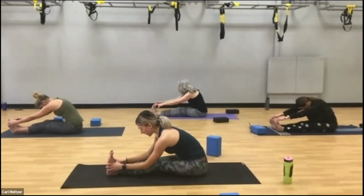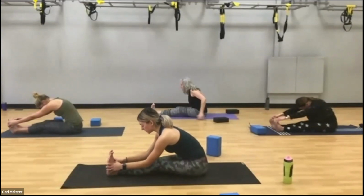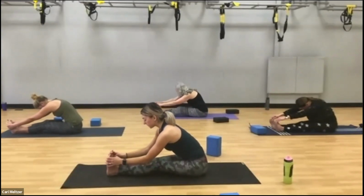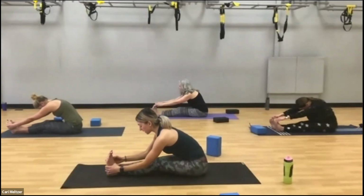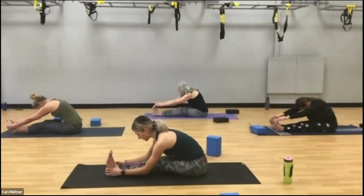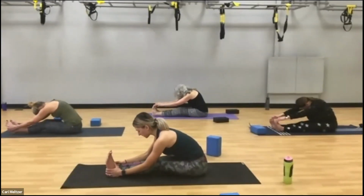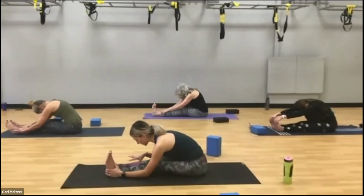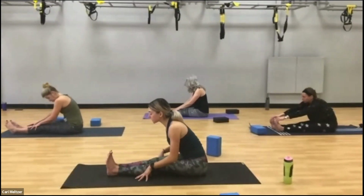Again, just checking in how the body feels here, trying to use the breath to come a little bit deeper. Each inhale, trying to lengthen and extend the spine. Your exhale, just seeing if you can release from the hips, coming a little bit deeper into that forward fold. Your own breath. Make sure you're keeping your shoulder blades rolling back. You're going to slowly walk yourself all the way back up towards the seated position, taking your time, lifting yourself